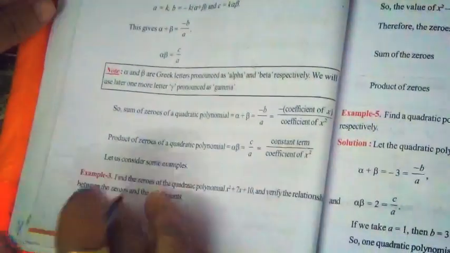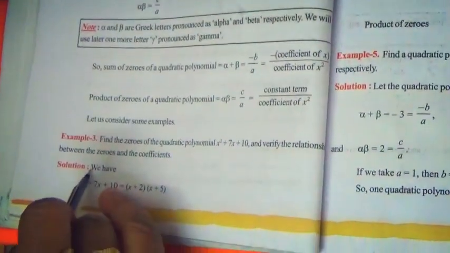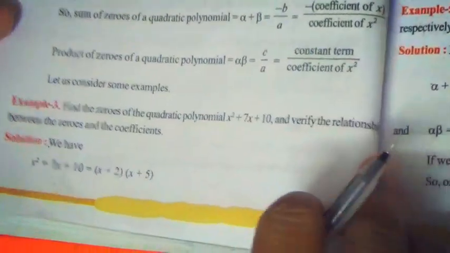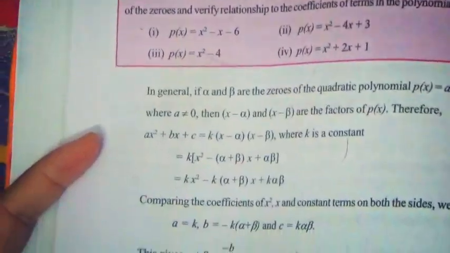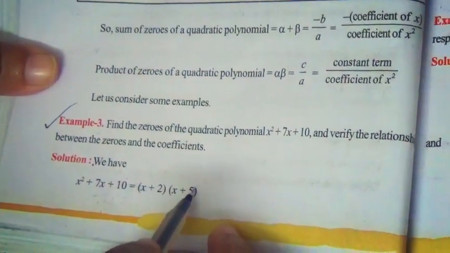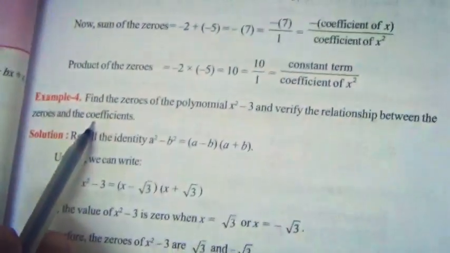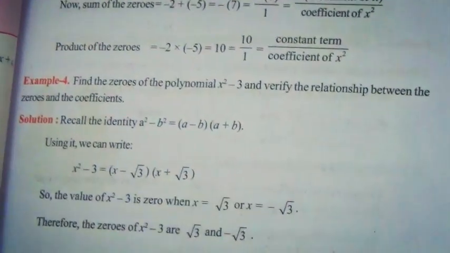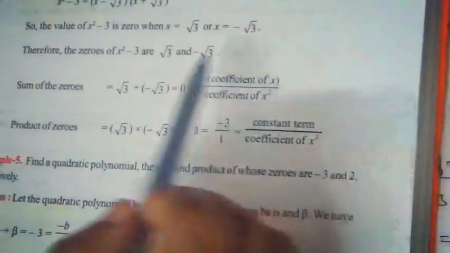Do this. Next we have example 3. This example 3 also you have to do just like this. You just do this example 3 on your own. After finishing this, do this. Just as usual from the above. Example 4 I am telling here. This example 4 is also as usual, but I will explain this example 4.